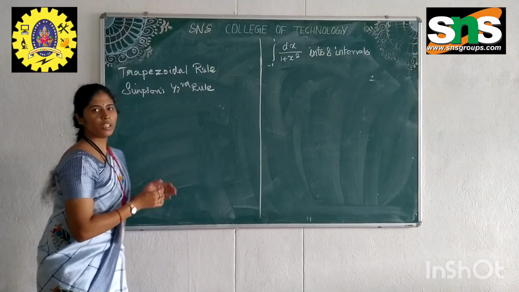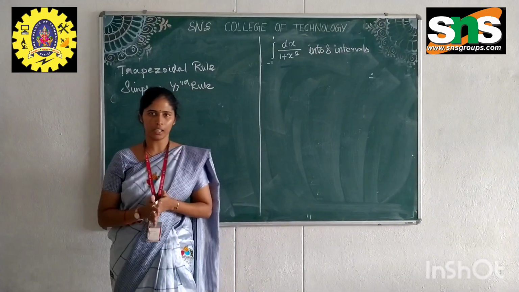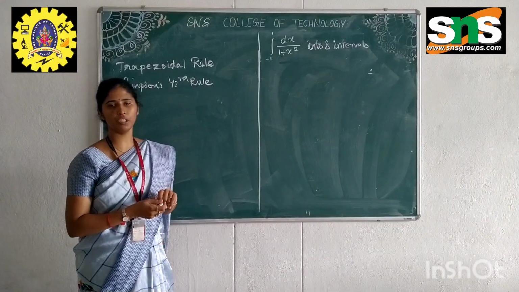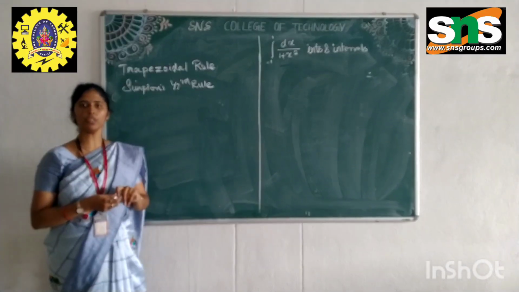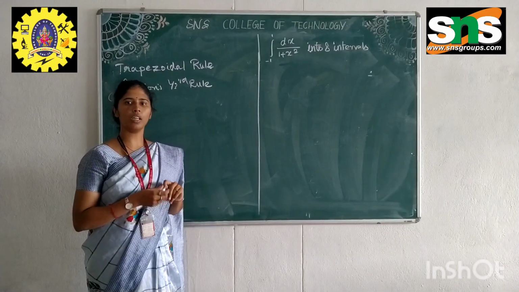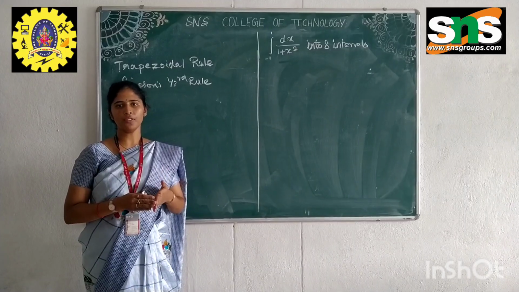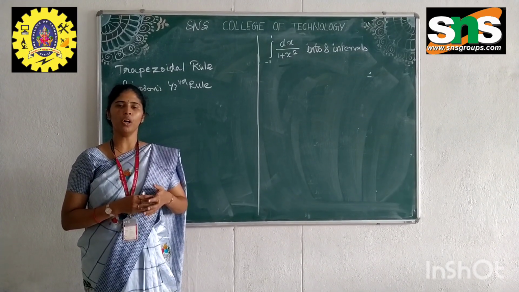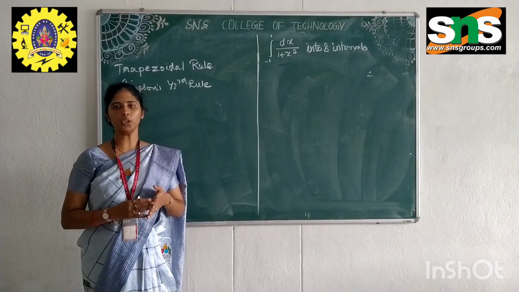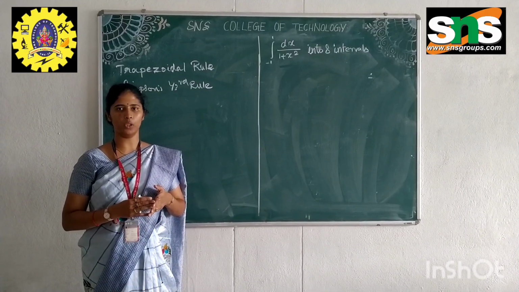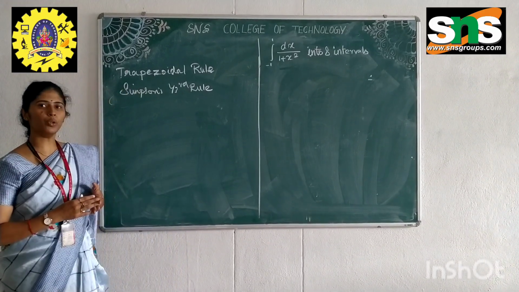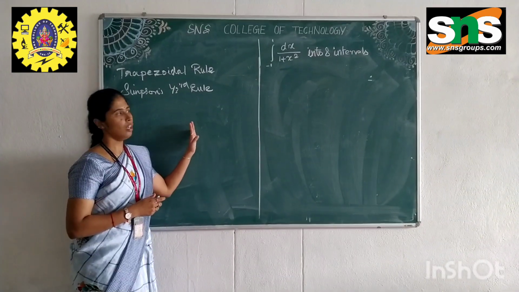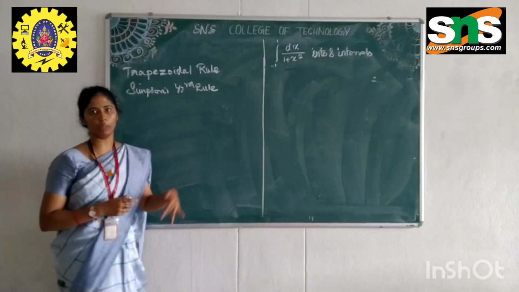Both these methods are used to find the area under a curve, and of the two, Simpson's rule is more efficient. In Simpson's rule we divide the curve into equal halves and calculate the values, whereas in the trapezoidal rule we split the area into trapezoids and calculate the value. In both rules we use the complete data. The formulas differ in both methods.